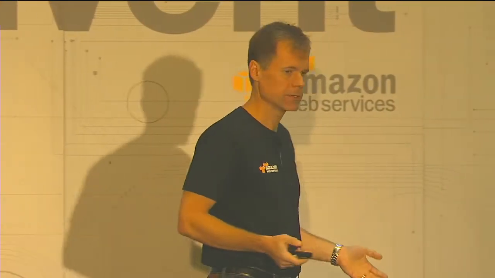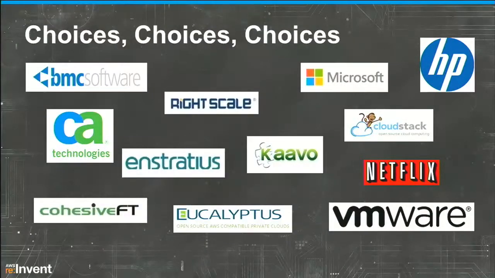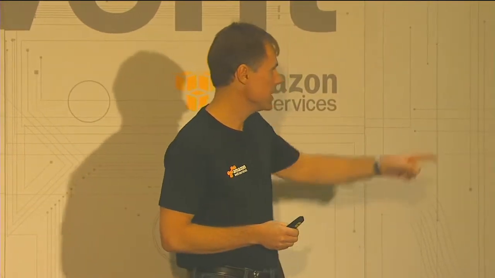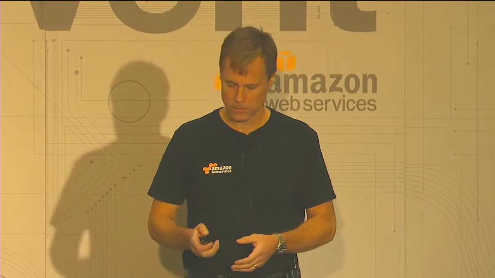So as we start to look at orchestration strategies, tool sets are going to be a big part of that. We're going to talk a lot about tool sets today. There are lots of choices out there. Maybe you want to go with some of the enterprise guys like HP, Microsoft, BMC, CA, and VMware. Or maybe you want to go with some of the niche specialties that focus purely on cloud or hybrid cloud, companies like RightScale and then Stratius and Cavo. Or maybe you want to go the open source route, and that is a viable option. We're going to talk about that quite a bit today. And there's that name that you're going to see a lot this week, Netflix. But there's also companies like CloudStack and Eucalyptus that can provide some capabilities for us.